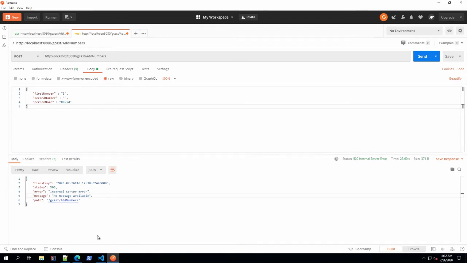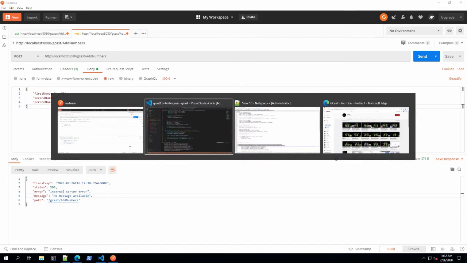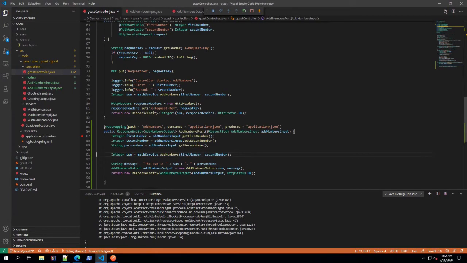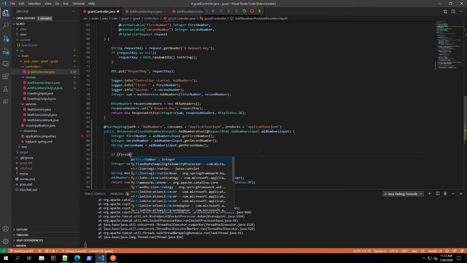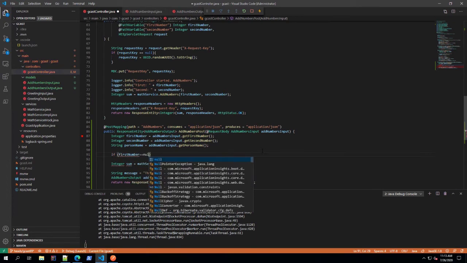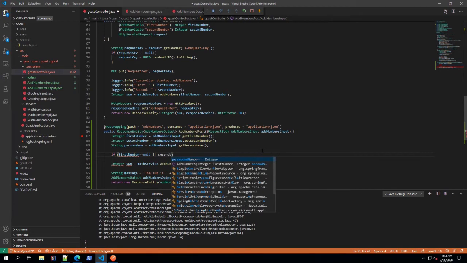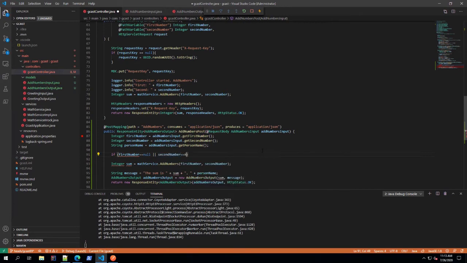and I could return a more useful error message here. So let's do that. Then go back into here, and in my controller, I'm just going to catch for these things. I'm going to say if first number equals null, or second number equals null, or person name equals null. If any of those things are empty, then